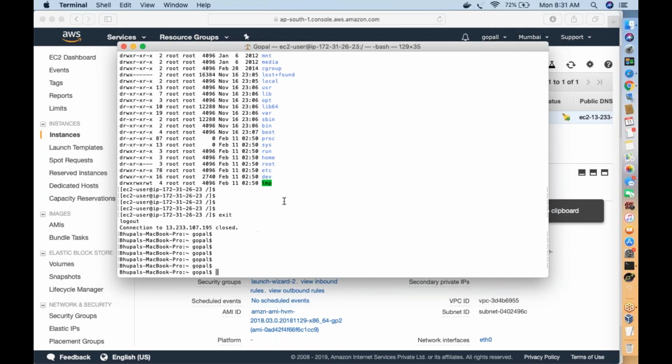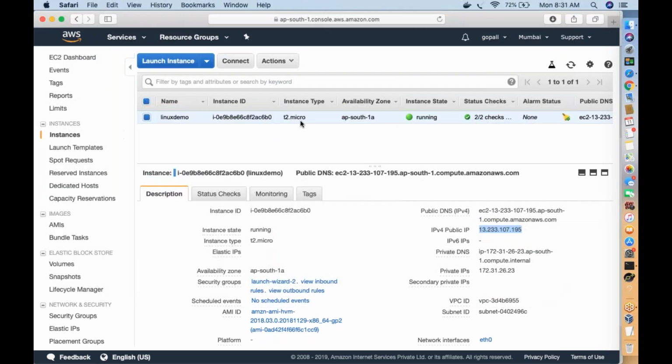Yeah, Gopal. Now let's go with the Windows server. How do you authenticate in Windows? Okay, so Dinesh, share your screen. Yeah. Okay, before doing that, just a second, see my screen.